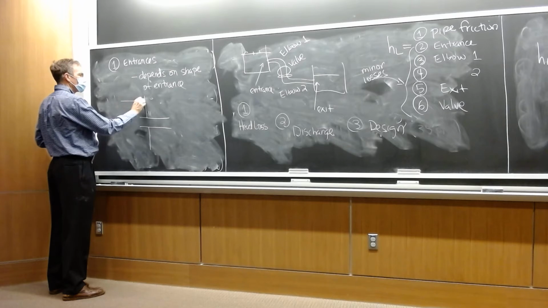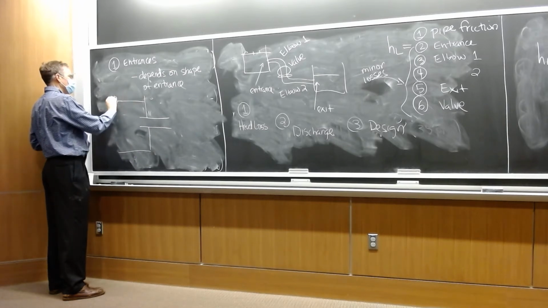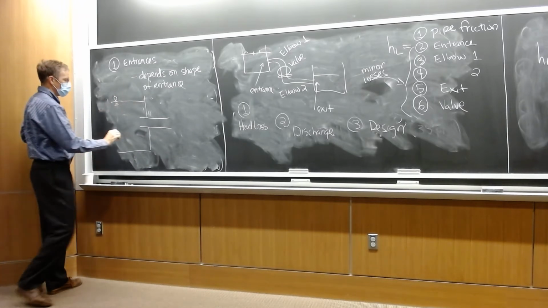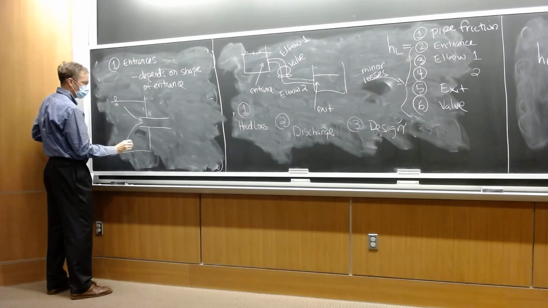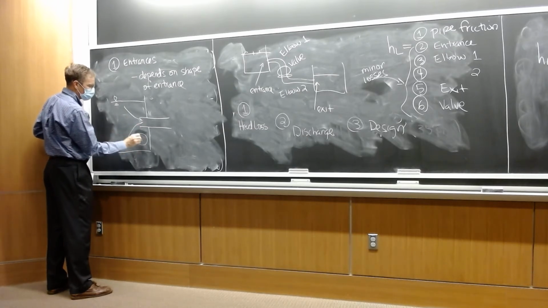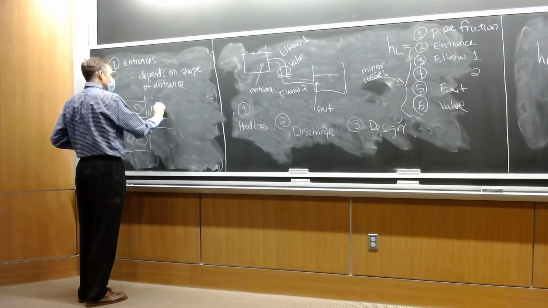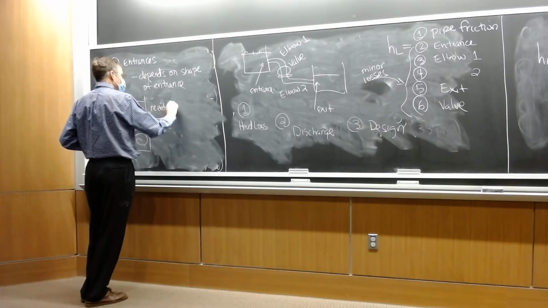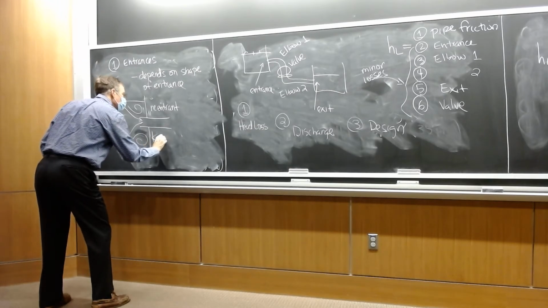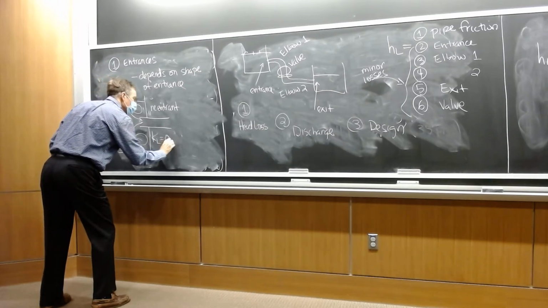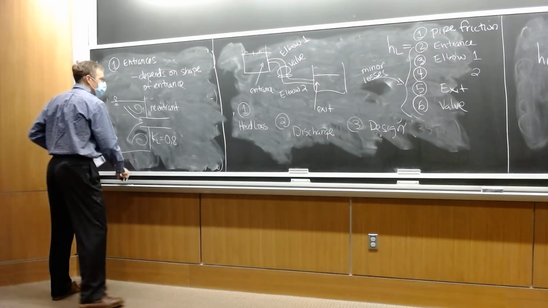So imagine we have a reservoir back here and the water is entering the pipe. This is called a re-entrant entrance. And it has a pretty high K of L relative to